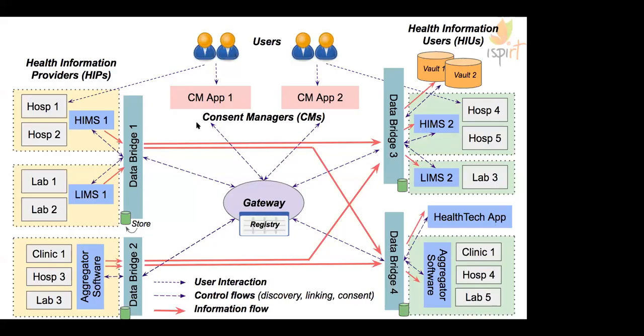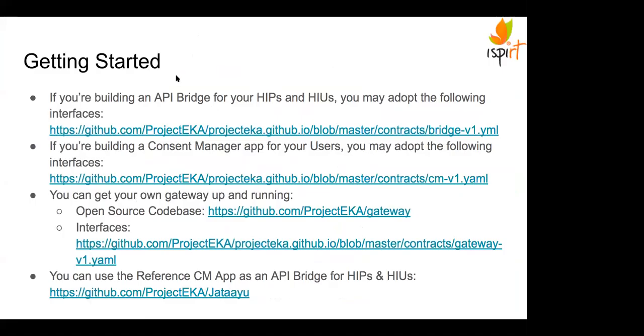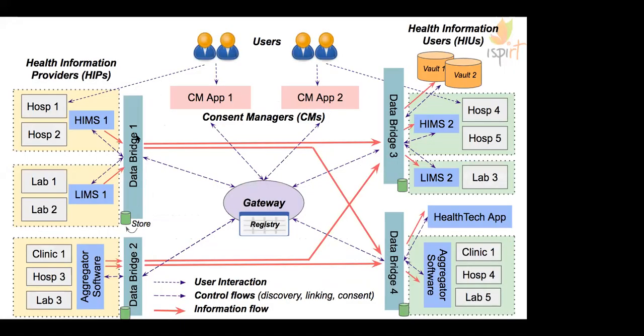This is a recap of the technical overview that I shared last time. The best way to think about it is, let's start first with a health information provider. So you're a custodian of users' information. Then to connect to the network, that needs to happen via an API bridge. Essentially, the API bridge or data bridge on the southbound end talks to the ecosystem through a standardized set of APIs. But of course, on the northbound end, those are non-standardized APIs,